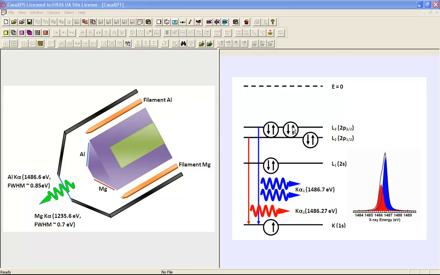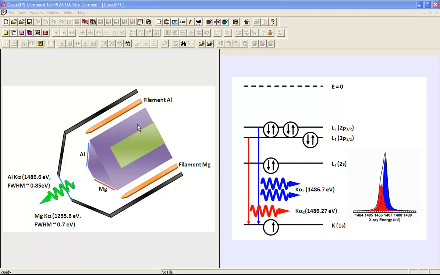However, in this case, we're looking for X-rays, and the Auger electrons will be trapped by an aluminium window to prevent them from exiting from the X-ray gun. So we end up with X-rays of a characteristic energy that is defined by the relaxation between two states, either the L3 or the L2 relaxing into the K shell. And these are slightly offset by virtue of spin-orbit coupling in terms of energy, and so we end up with a doublet shape in addition to the distribution of energies that we would expect from X-rays from this type of